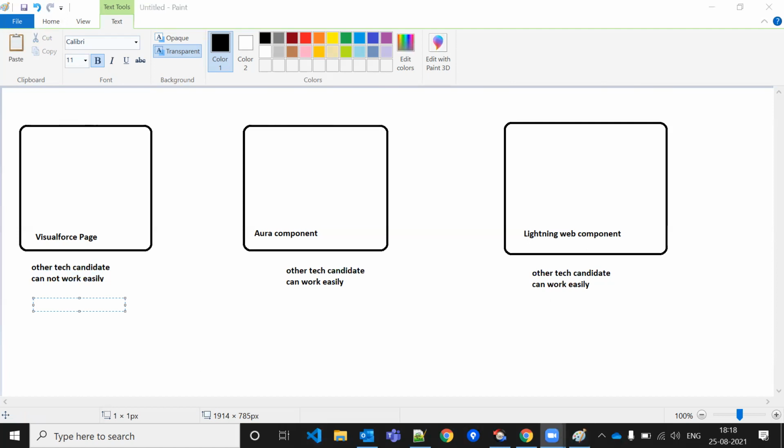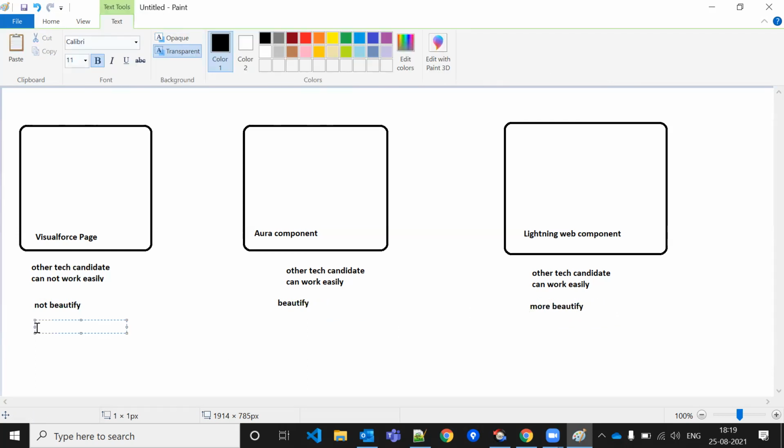Second difference: we can say it's not beautified here, and here it is beautified, and it is beautified.